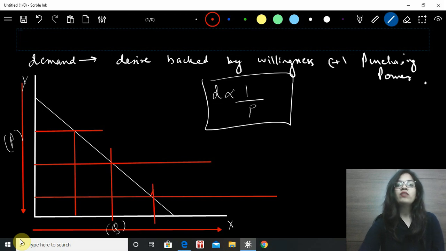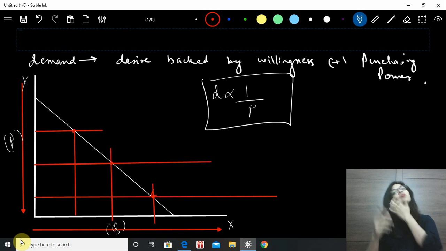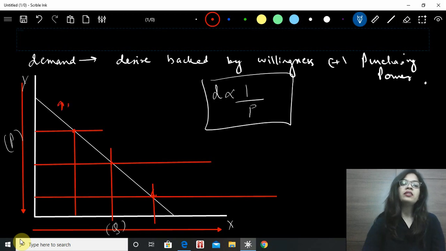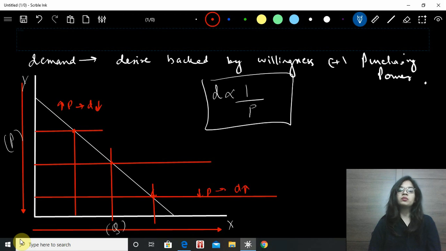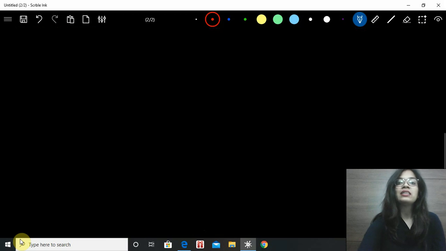So these three focal points on the demand graph are the points where your price is meeting the quantity, right? So at the highest price, your demand is the lowest, and your lowest price, demand is the highest. We all know these basic concepts, right? Now let us go towards elasticities.